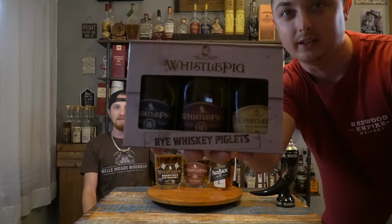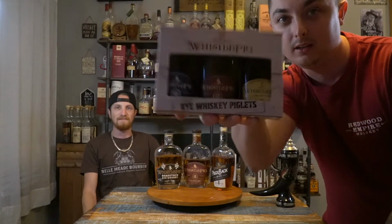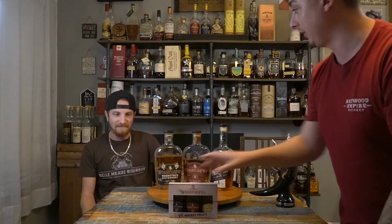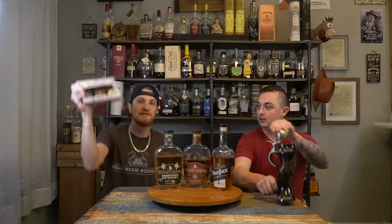And then we've got the Piglets back here. One of the best little shooter variety packs probably on the market for $20. And you get to try their 15-year, which goes for about $200 retail. It's only a 50 ml, but still, the fact that you get to try a 15-year-old